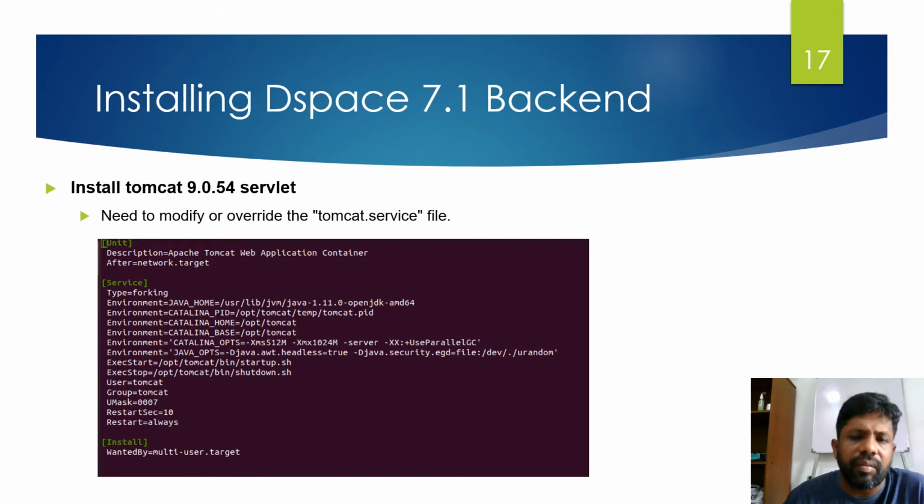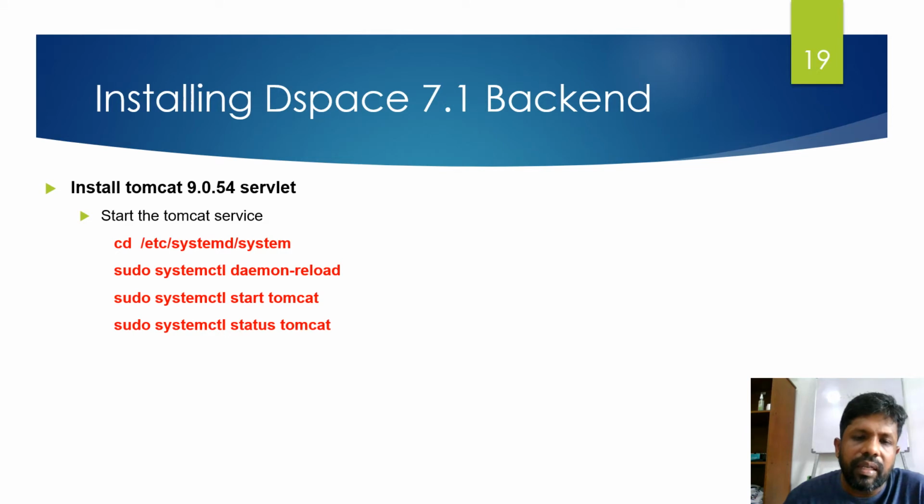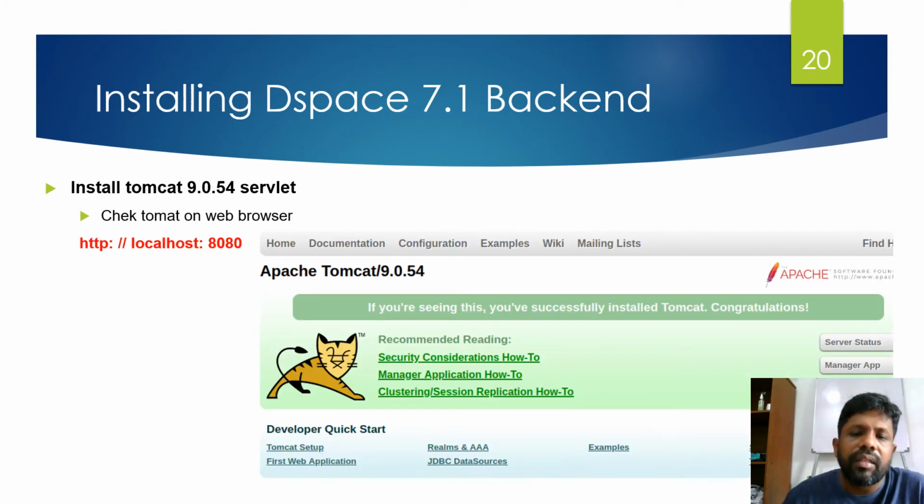Then I have to create a Tomcat service file, mentioning the Java version and some RAM consumption for while working with Java. I can create this file under the system directory. Then we have to mention the encoding method and the folder for the server.xml file. Then I can load the Tomcat service, start it, and check the status also. If you type in the browser, you can get this interface to see whether Tomcat is working or not.